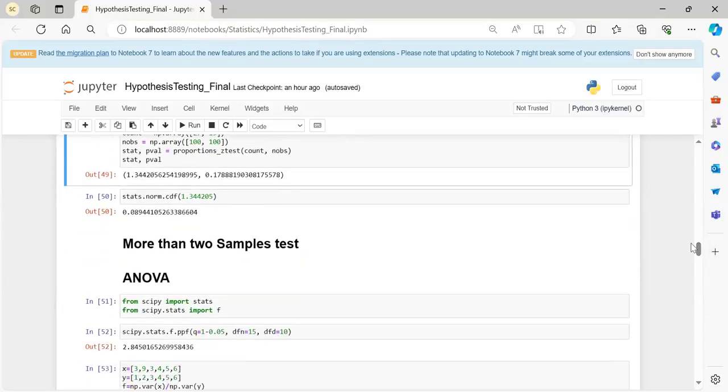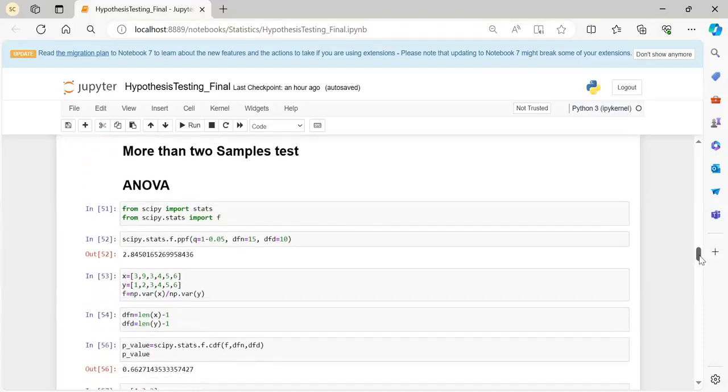Now we will go and talk about more than two sample tests. First is ANOVA. ANOVA we discussed yesterday. I think it would be fresh in your mind. So we have created that whole table where we have divided the two sources. One is between the group and second was within the group. For the between the group, we have calculated the sum of squared, and then we calculate the degrees of freedom,